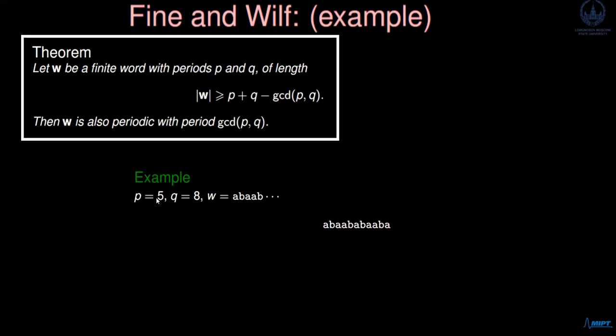So now let's apply the inequality. It should be 5 plus 8 minus 1, which is equal to 12. So the length of W is at least 12, then